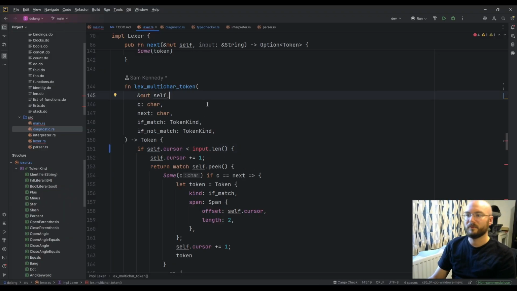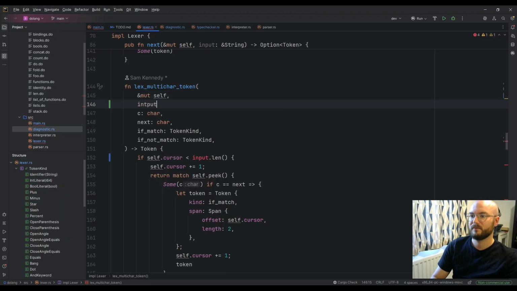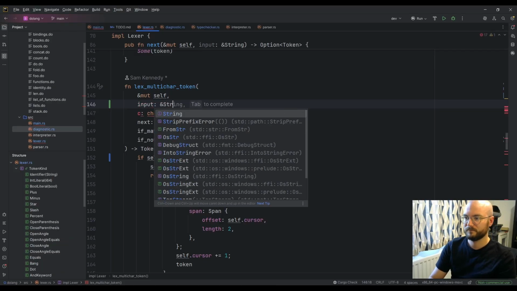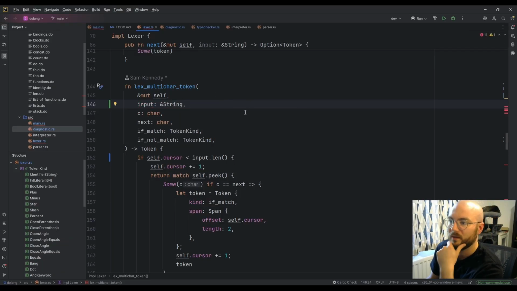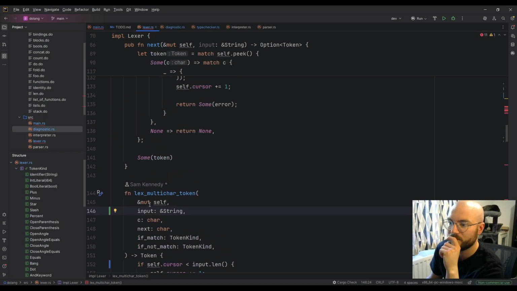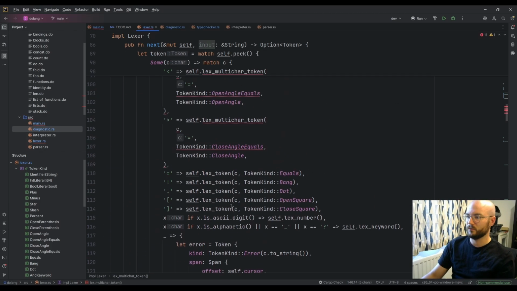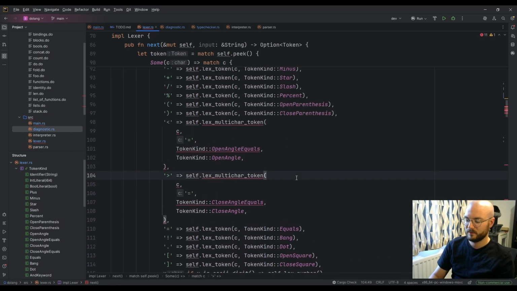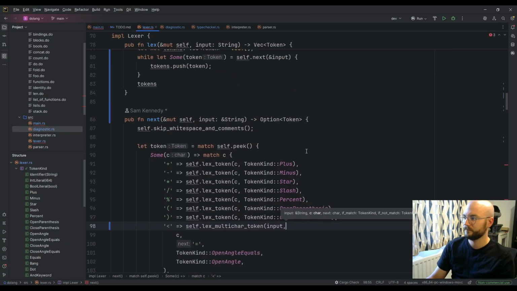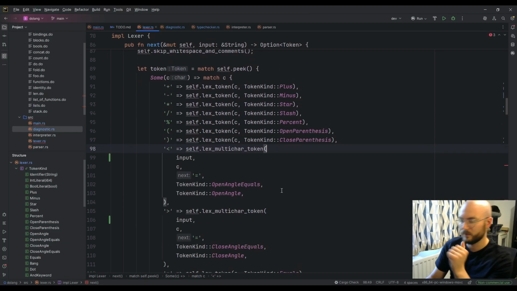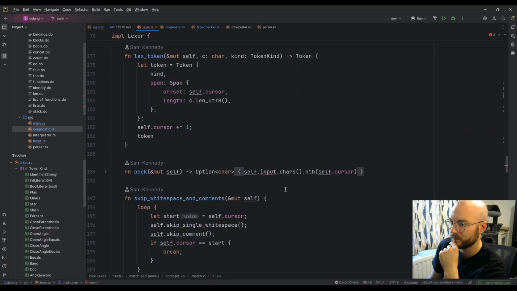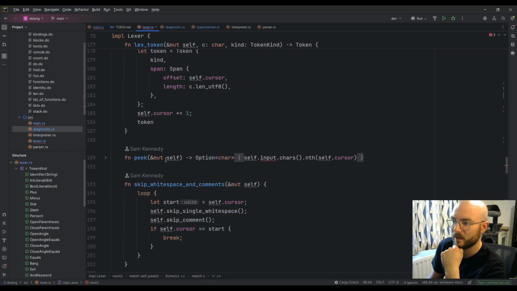Oh, we're in here now. We need... I keep typing intput. Don't know why. We can just add more parameters to this already cursed function. So we just pass the input, pass the input. Cool. That looked a lot worse than it actually was because that one covers so many lines.